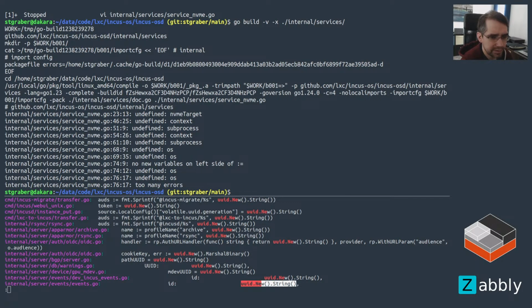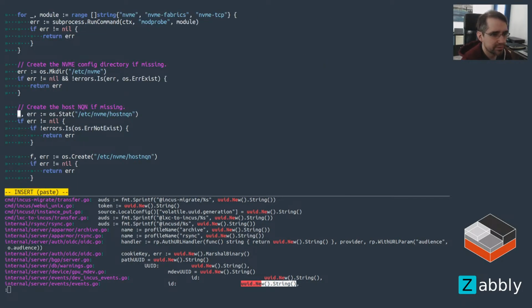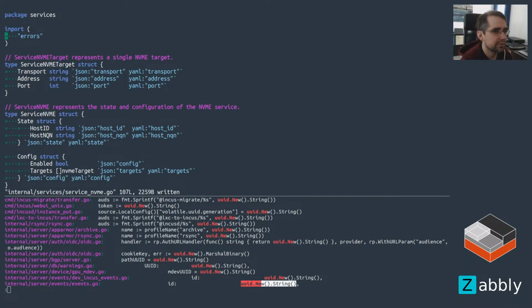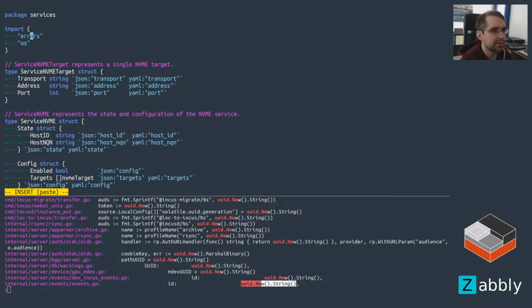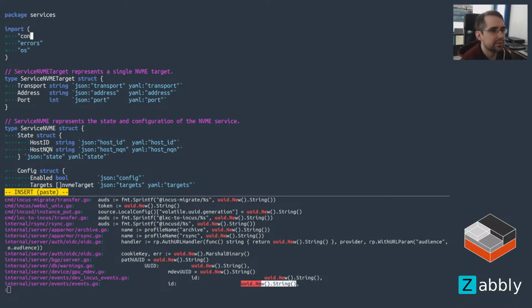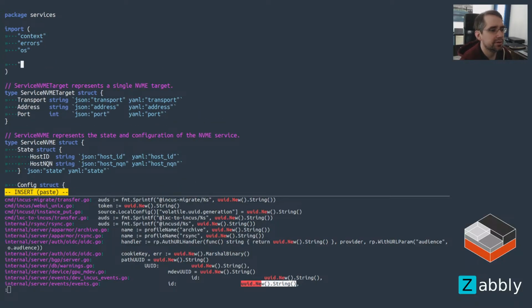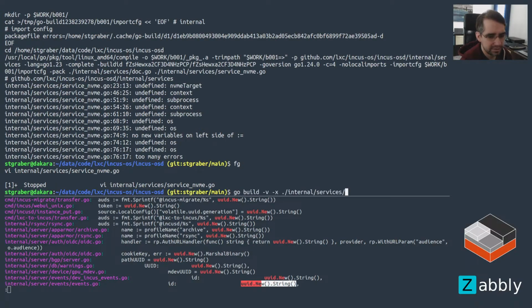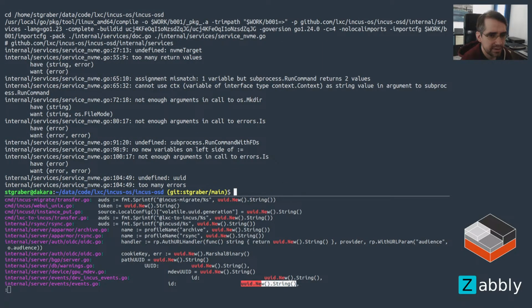Okay, so it really wants OS to be loaded, context to be loaded, and we want the process which is in Incus, so it's here. Okay,